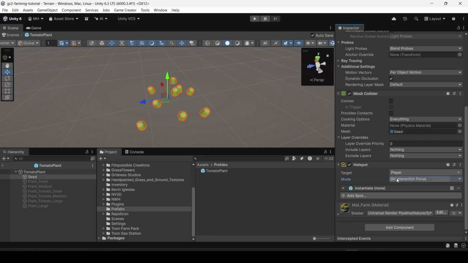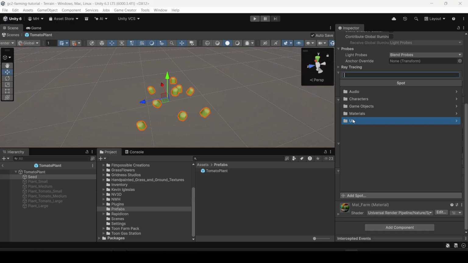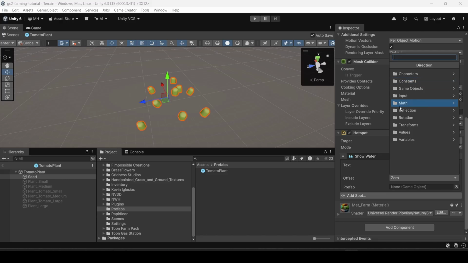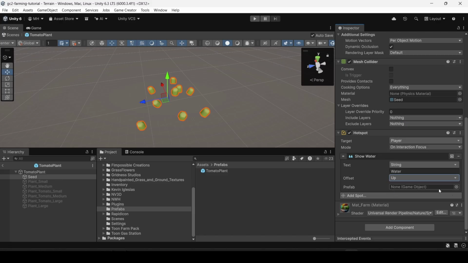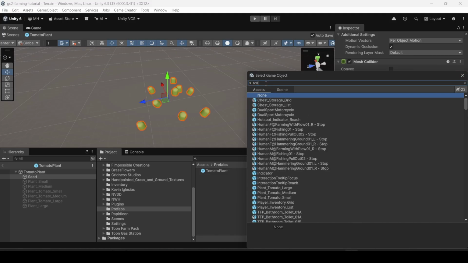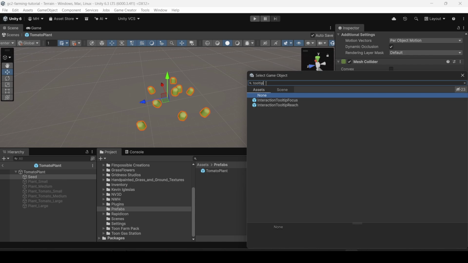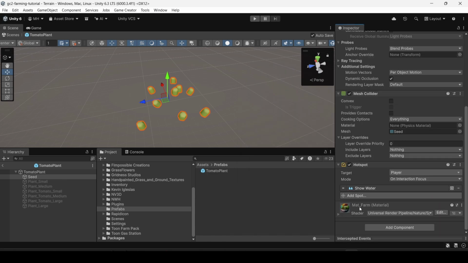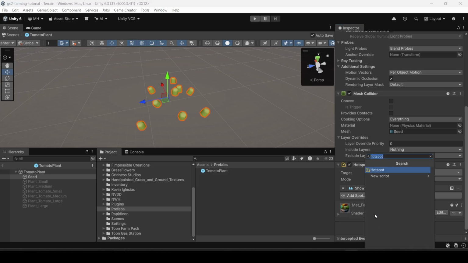So we'll say on interaction focus, and then it will say water. And we'll put it at a constant of up. And the prefab would be the tooltip interaction tooltip focus. And then when it's interacted with,